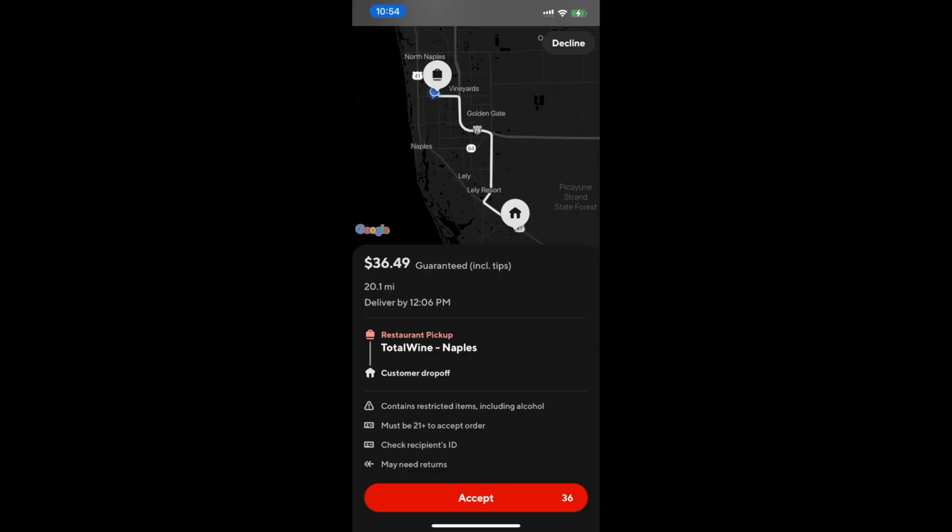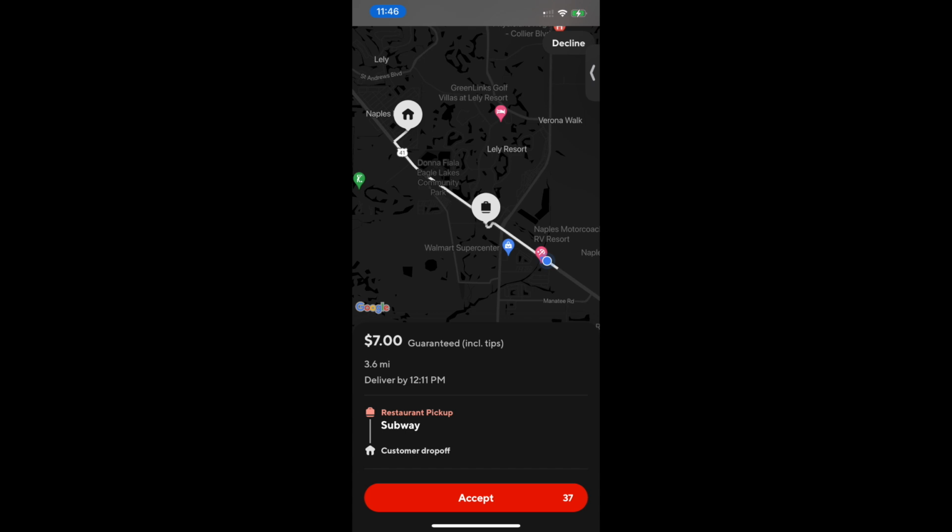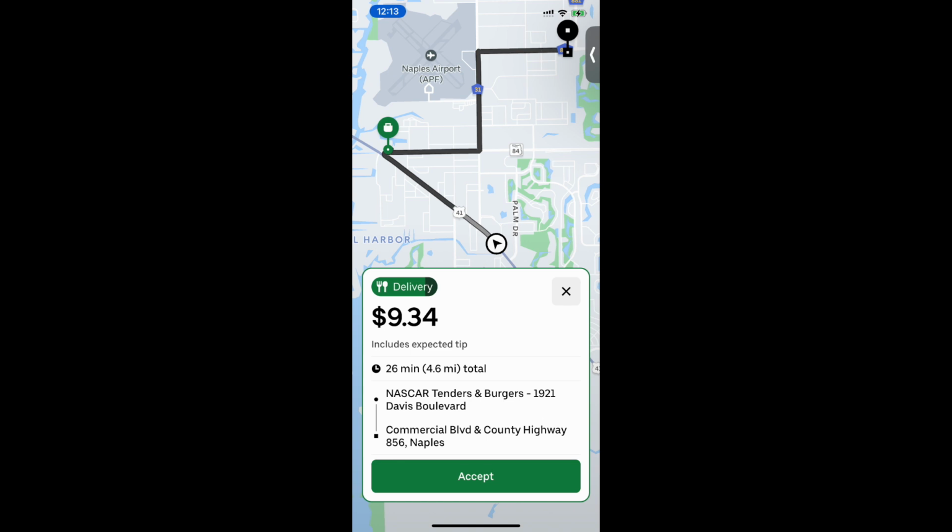And then finally this DoorDash order came up. We're gonna go deliver this. It's high mileage, but at least I know the drop-off point is near some restaurant. This $7 order for Subway on DoorDash was a quick pickup and delivery, followed up by this NASCAR Tenders and Burgers, which is a ghost